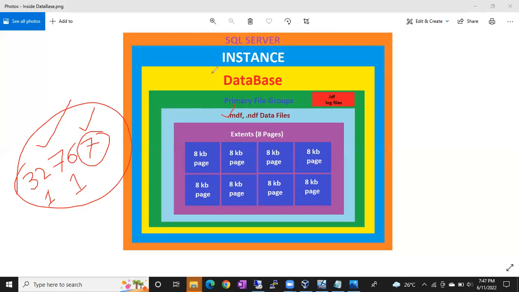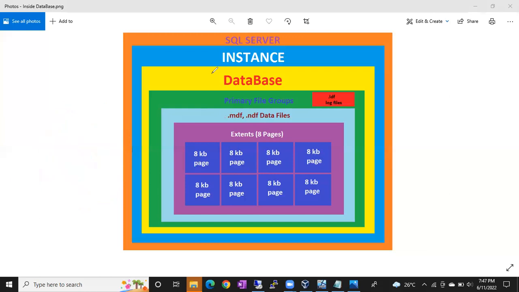So extent is nothing but a collection of 8 continuous data pages, and it's a basic allocation unit of SQL Server. Right, this is the physical hierarchy. Okay, if you see here,